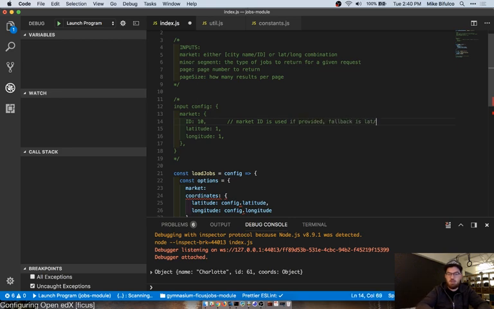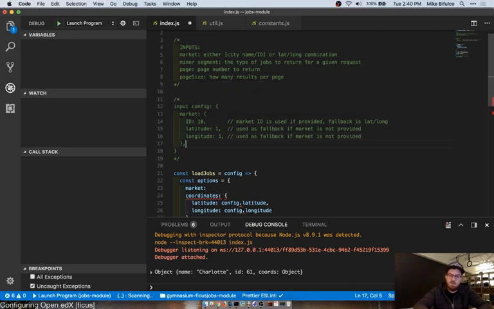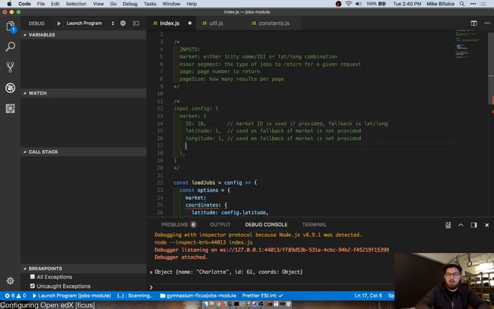Fallback is lat long. Used as fallback if market is not provided. And we're also going to have eventually a name in here. Human readable name of this market.